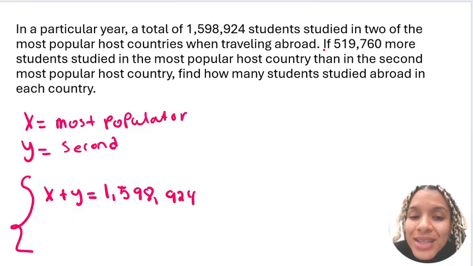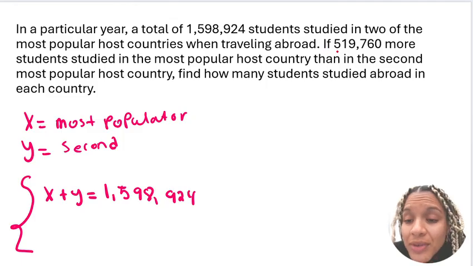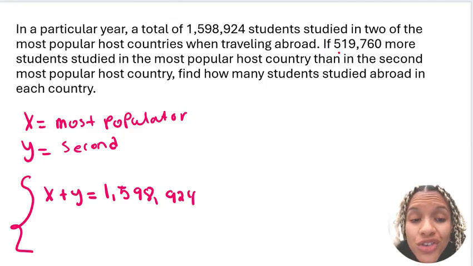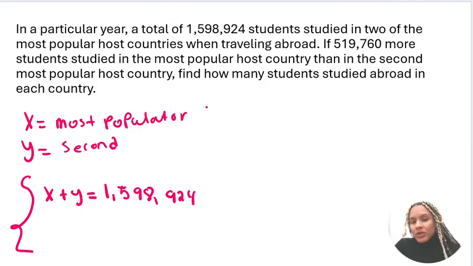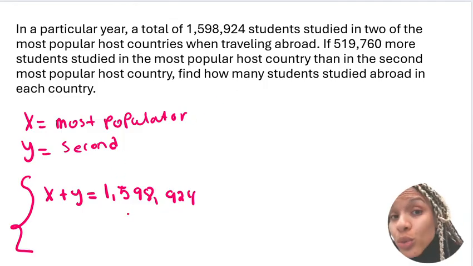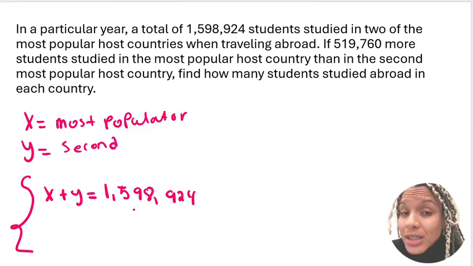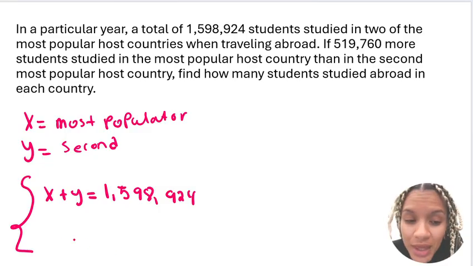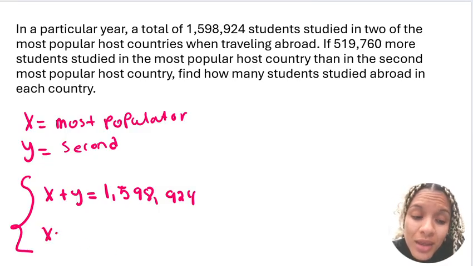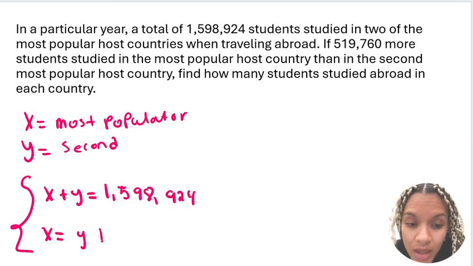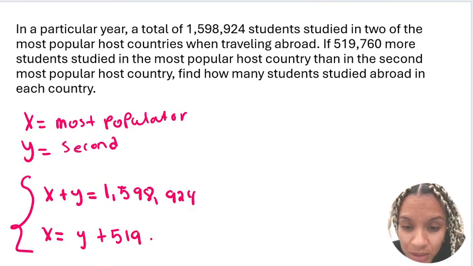Then when I go to the second sentence, it says if this many more students study in the most popular host country than in the second most popular country. So I am not told how many study in the most popular. I am not told that. But I am told that this amount of students, the 519,760,